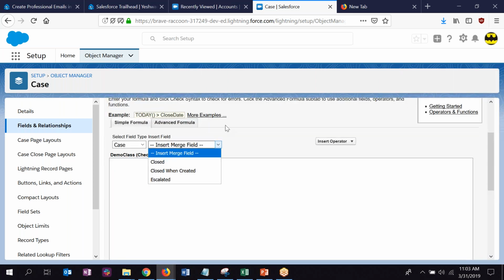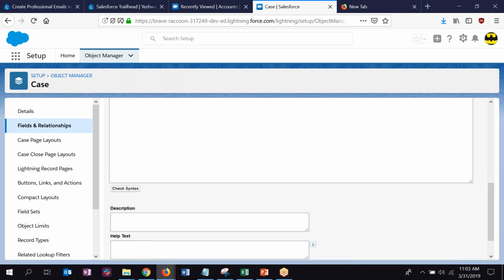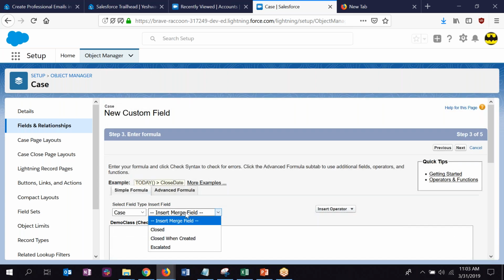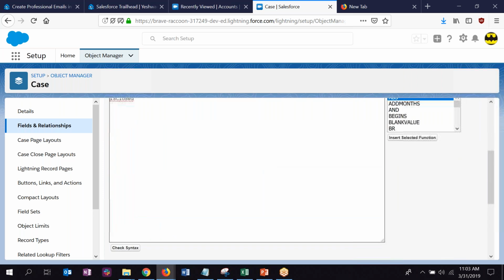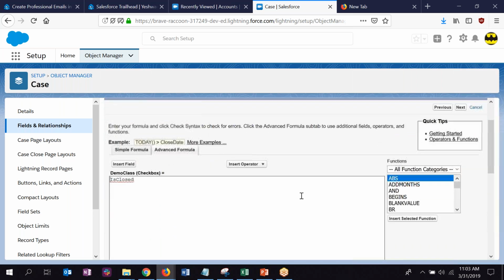go in. You can insert operators. You just have to know what it is. Okay, what is this? See, you just add like this. Then you have advanced formulas. They have help text here. Okay.